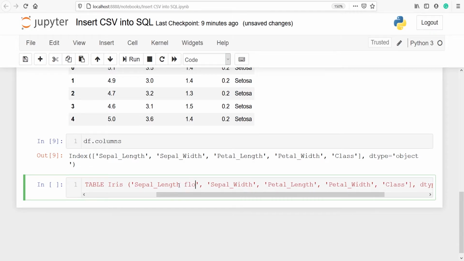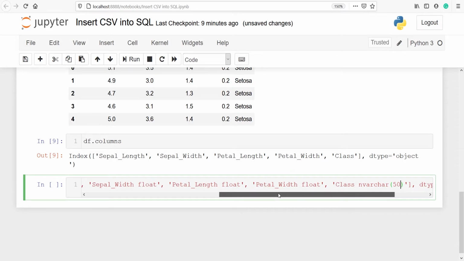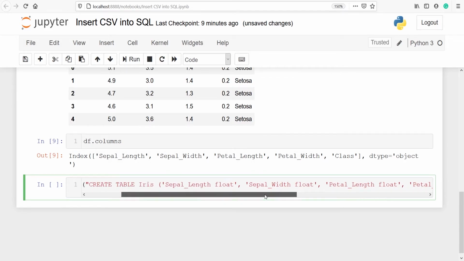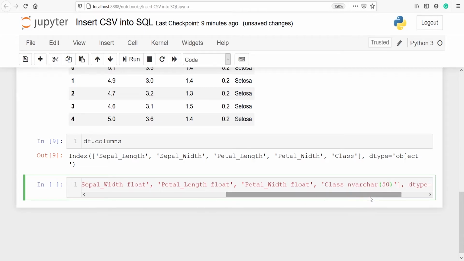This is going to be float, this will be float, petal length is also going to be float, petal width is also going to be float, and class will be n_var_char, and the limit will be 50. The maximum value it can take is 50 here, and we have to close this. So I'll make one bracket here.